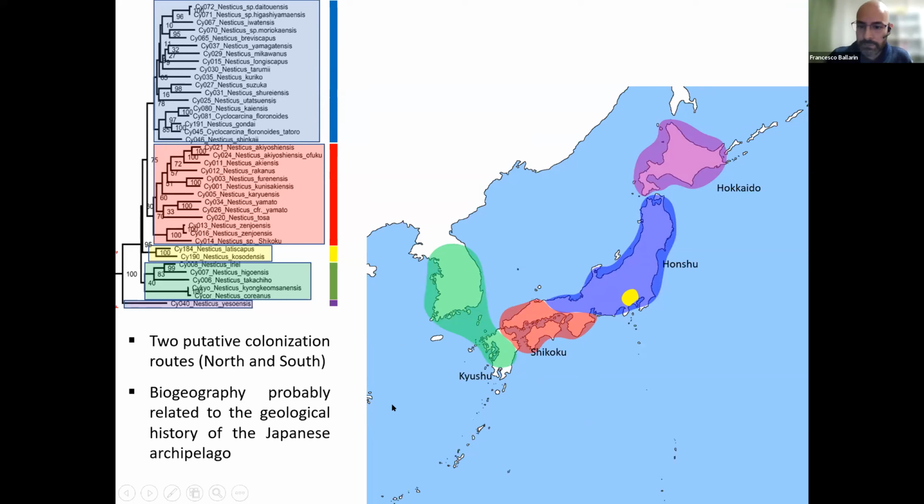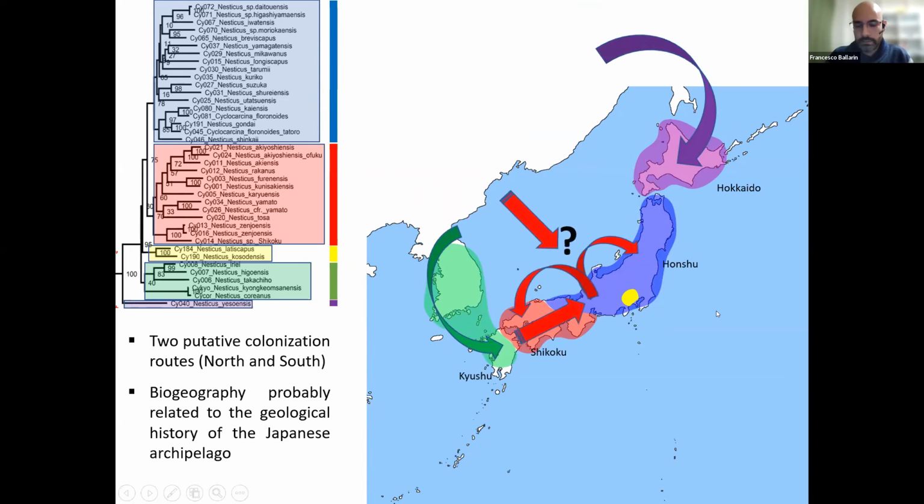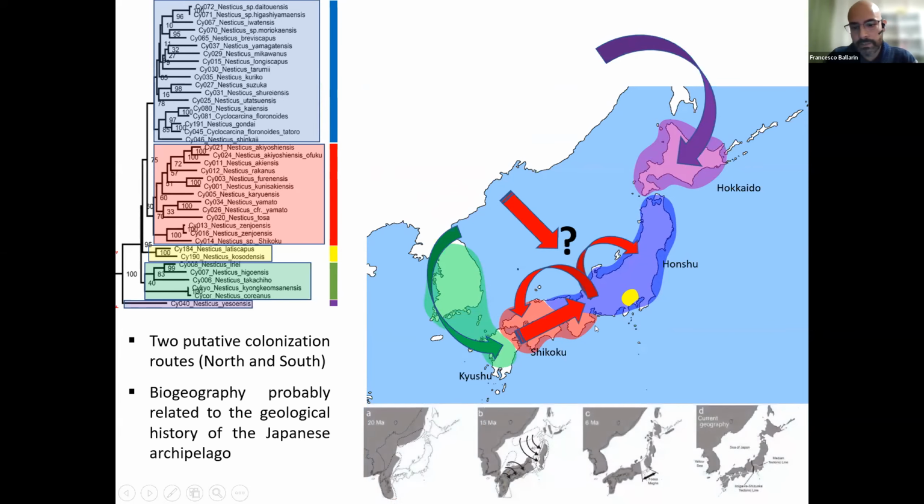And this distribution can give us some good information about a possible route of colonization of the Japanese islands. For example, one route from the north, which colonized the island of Hokkaido. Another route can involve the colonization of the southern part, and then other colonization routes or diversification for the other parts of Japan. So in general, this is of course difficult to study for now, but we can see that